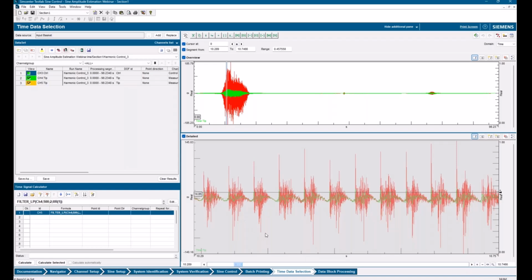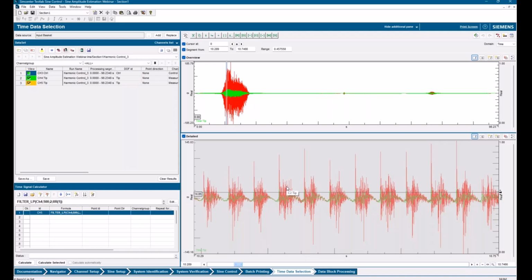This can be real confusing to think about too, because G levels aren't always the best indicator of what's really happening in a test. Even though this seems like a really high G level, it's a very short duration impact kind of thing, and the frequency is higher than 500 Hertz. So my displacement is really small. There's an inverse square relationship between displacement and frequency. So the higher in frequency you go, the lower in displacement you're going to get for the same G level. So there's kind of a question there of, okay, am I really worried about it?